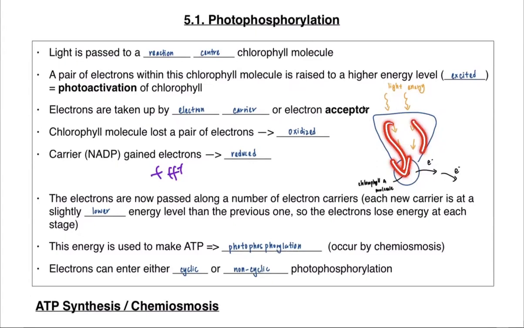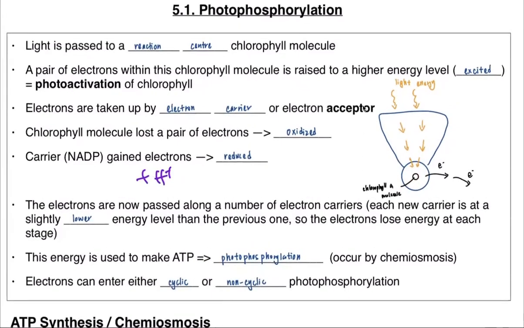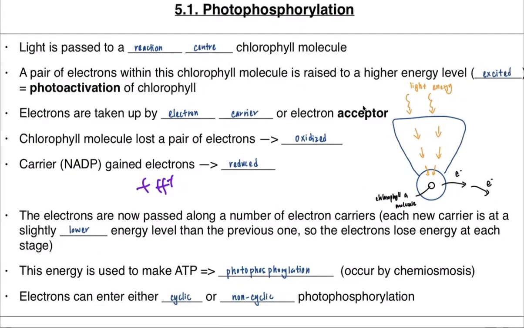So all light energy will come to this reaction center, and a pair of electrons is activated. Like I said, when energy strikes, electrons will be excited from chlorophyll, and then the electron will be taken up by an electron carrier. The excited electron has high energy. It is going to move through a series of electron carriers, and this chlorophyll molecule is going to lose electrons, so we say that